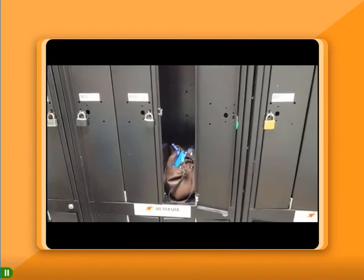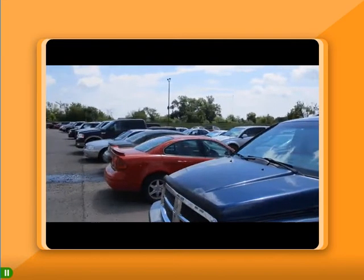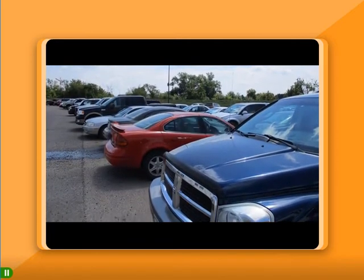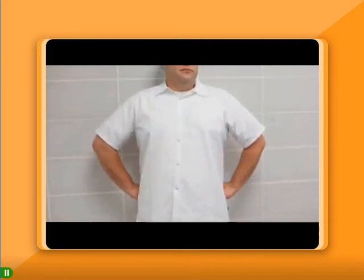Store personal items in your locker, but keep valuables or unauthorized items at home or in your locked car. Dress for success,